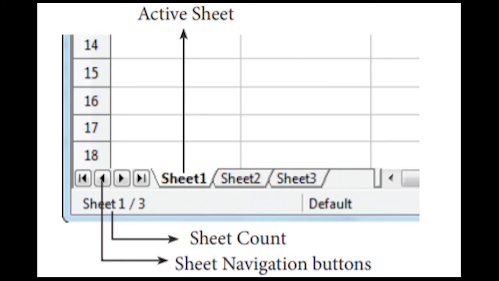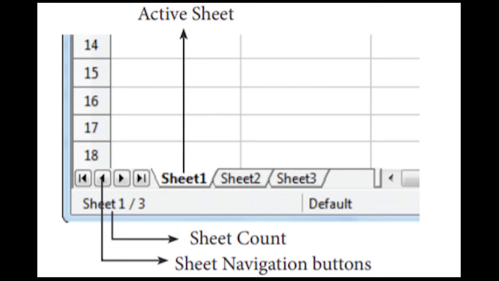The active sheet will be displayed like this. Can you see the difference between sheet 2 and sheet 1? Sheet 2 and 3 are inactive. Sheet 1 is active, so sheet 1 is open there, and on that sheet we are going to do the calculation or enter the text, right? If you want to add some text, you can just add it here itself. Here the sheet count will be mentioned, right?